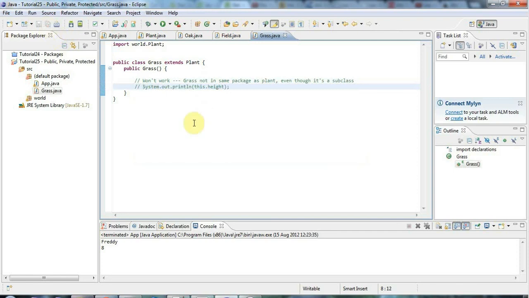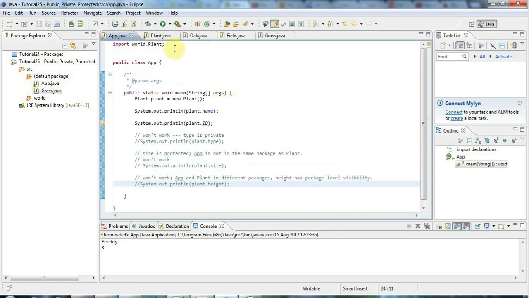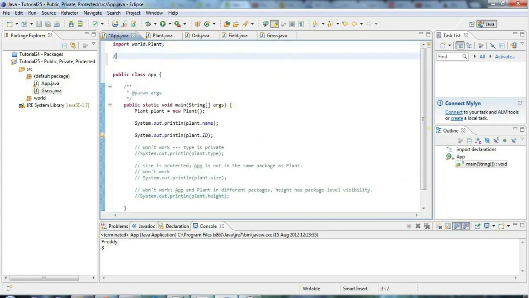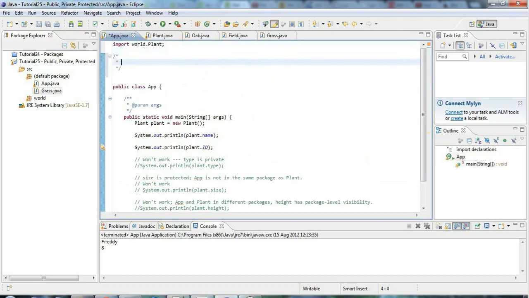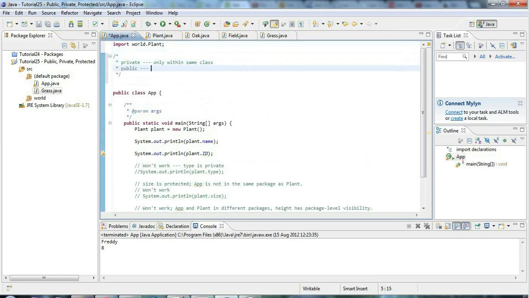I'm just going to summarize that again now, but if your brain is already bursting at the seams or you're just bored, then this is a good place to stop watching. But let's just summarize these different possibilities here. So if I put this here and I say, let's say private only within same class and public from anywhere, and